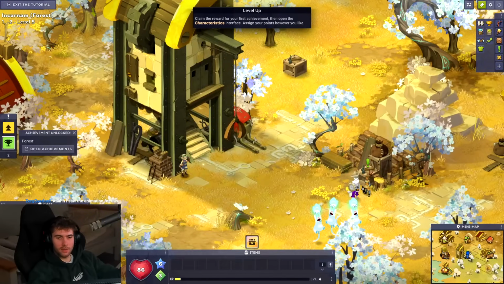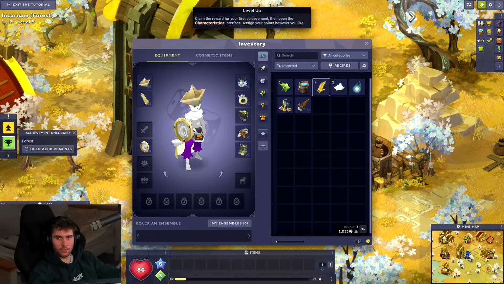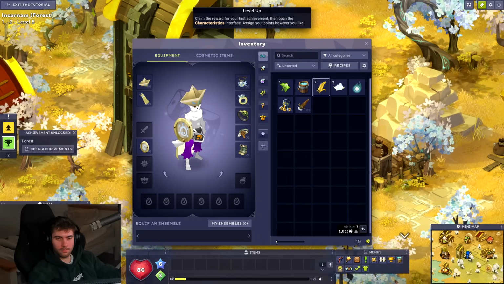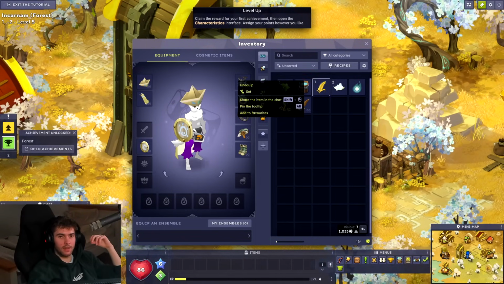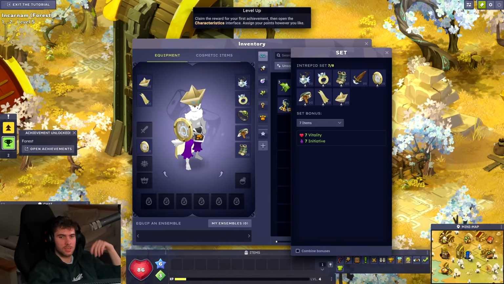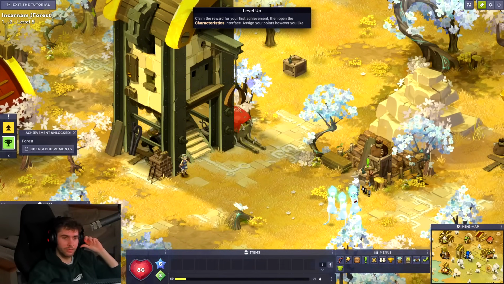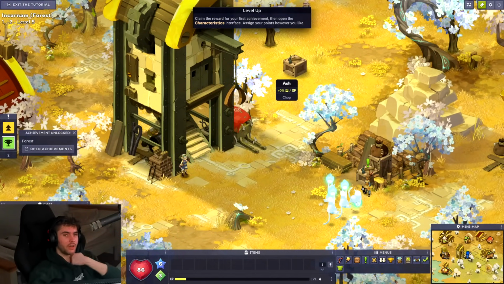The set I have on right now, I don't like how they moved everything about. I kind of want it down the bottom like that. Nice. And then I got them all. If I right click on the set, I can see the set bonus. Because I have 7 items on, it'll give me 7 vitality, 7 initiative. Initiative works like this: the more initiative I have,